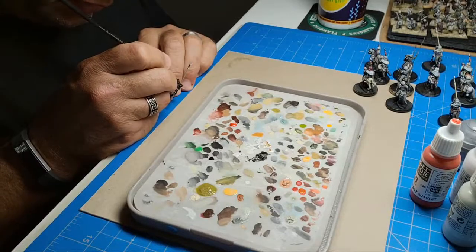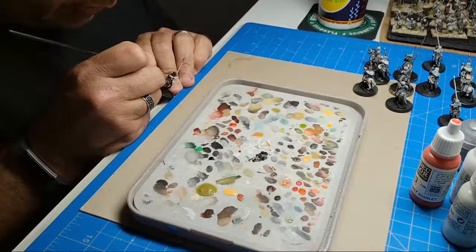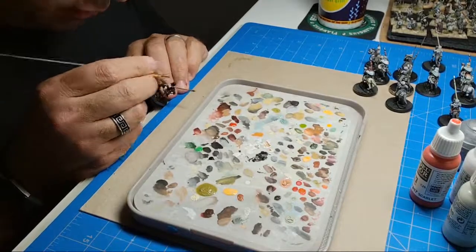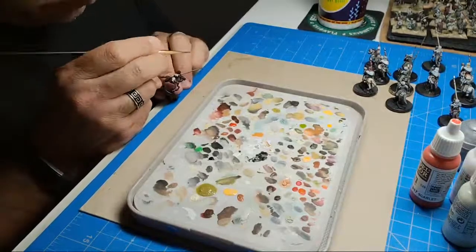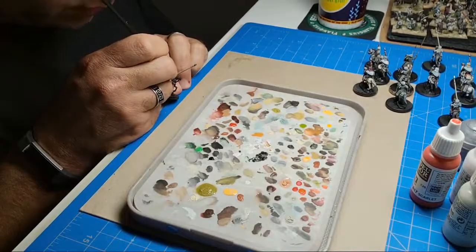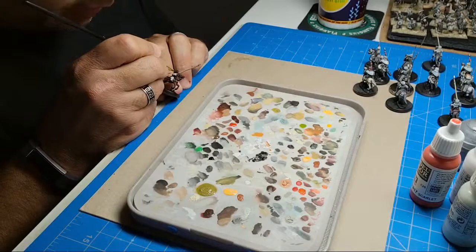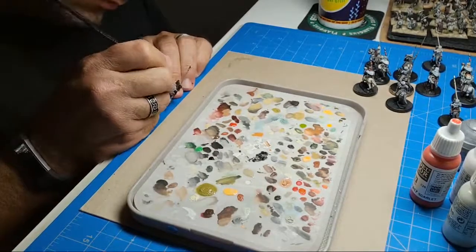Now what I may do is this red that I'm doing on the bottom, I wanted a different colored red than the shade that's around the fringes here of this cloth. So we're probably going to lighten him up with a yellow. Just kind of giving you a warning. Because we don't want to look like we got lazy and already had this other color mixed up and just kind of went with it. So